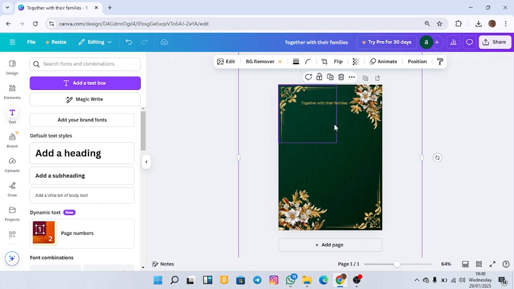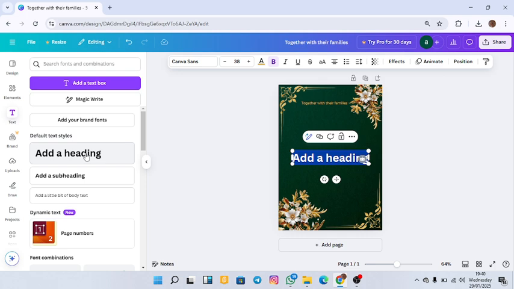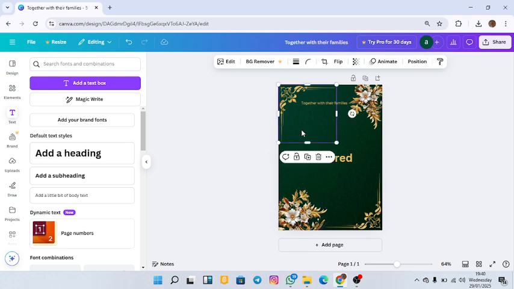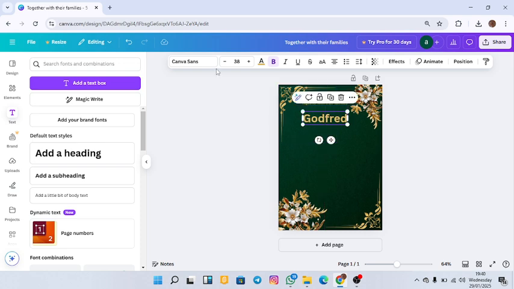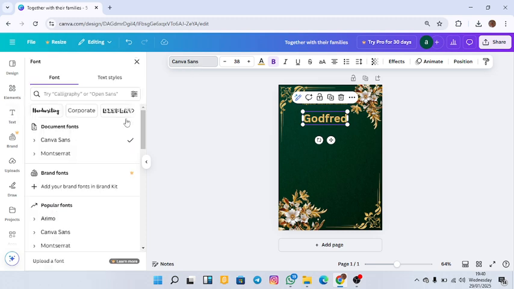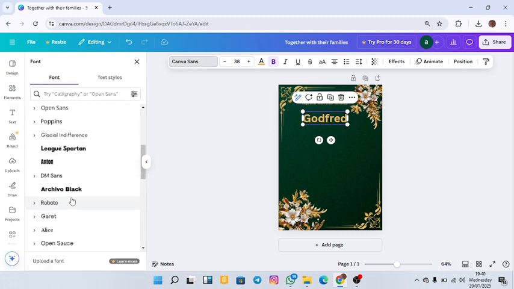So together with your families, now I want to write the name of the groom. So I go to add a heading. I want to write Godfred. Okay, so this is not the font I want to use. So I'll bring it here. Just follow me for the arrangement. I'm going to look for a very beautiful font